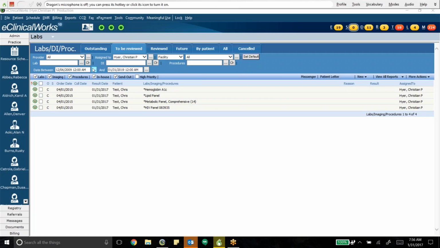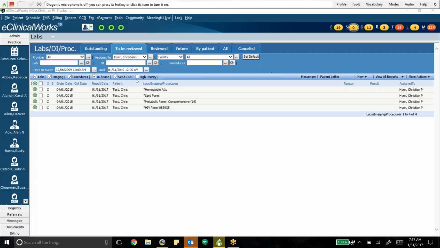So just to kind of show you, you can actually change the dates of the view of the labs you're looking at. So every once in a while you'll have a future lab that you ordered and got done, and somehow it doesn't show up in your box yet your L-Jelly Bean is showing that you have a lab, a phantom jelly bean, if you will. And so that's how you can potentially search those down, is by changing the dates of the slice that you're